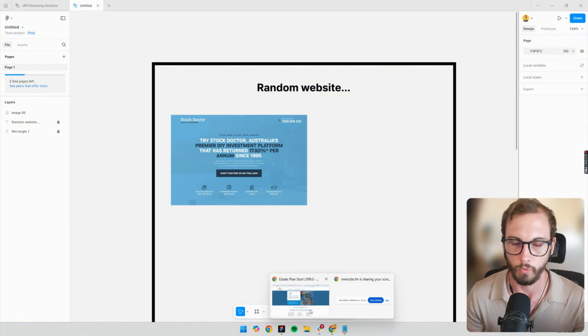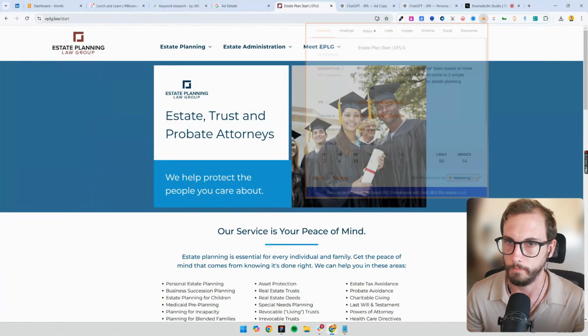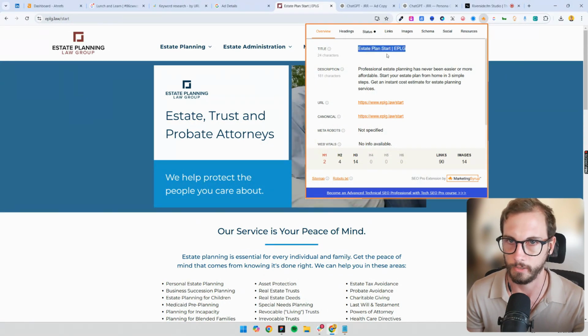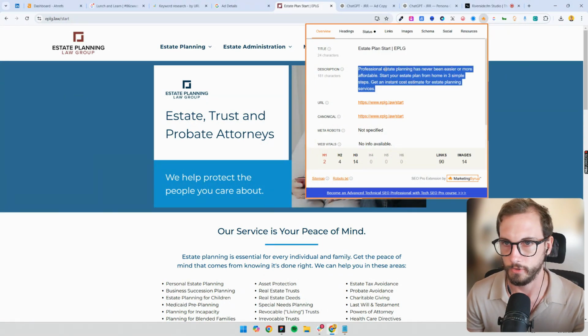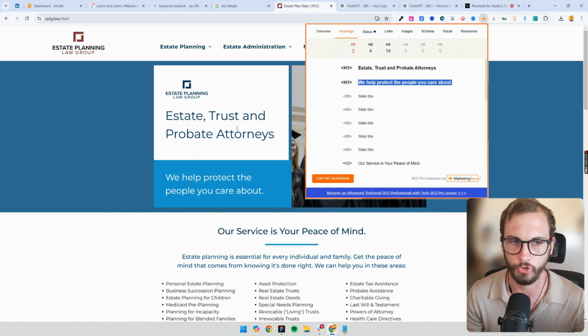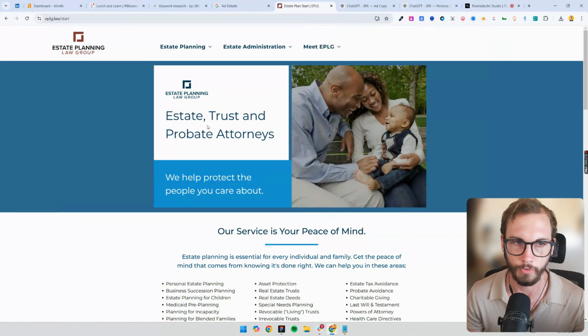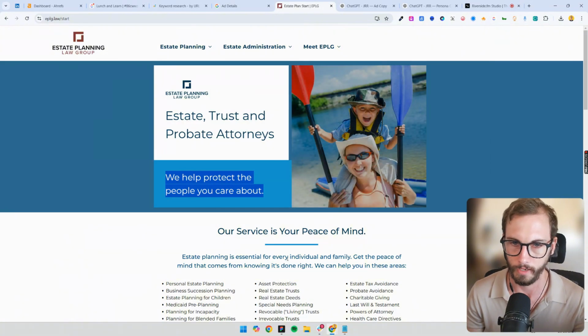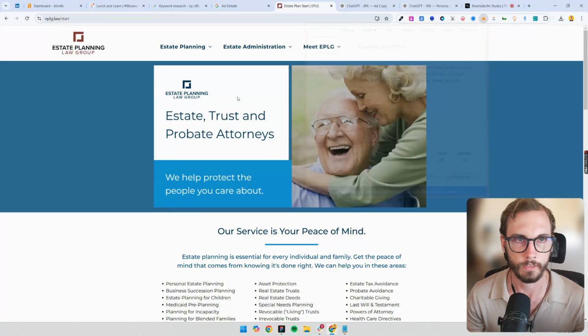So what I mean by that is we'll set the right header tags at the same time. The header tag set here, they've got 2 H1s, that's a bad thing. Their meta titles, not that great. Meta description's okay. Headings, they've got a H1 here, a H1 here. These should not be H1s. One should be a H2. So this one here should be H2, this should be a H1, and that should be smaller. This one should be bigger, because that's the main thing that people are caring about. Yep, that's all you need to know there.